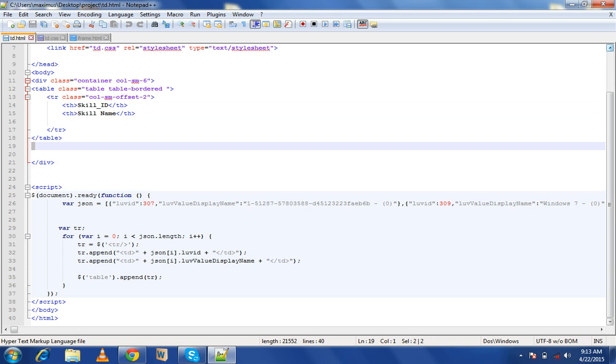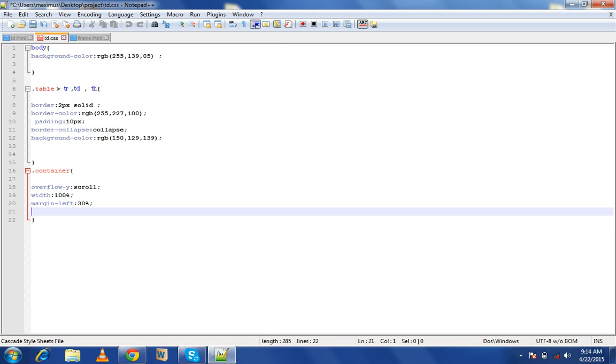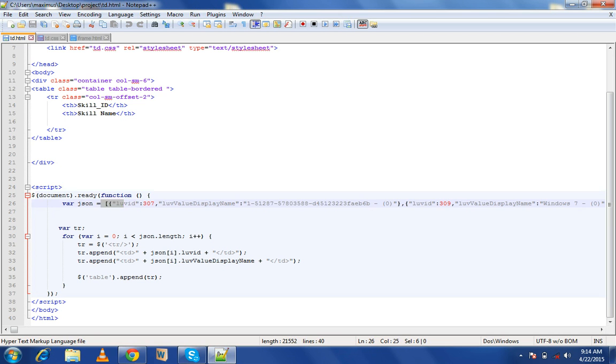So here when we run this, we will get all our data from this JSON array shown on an HTML page in the format of a table. Here we have also used CSS to style our page, and also used an iframe to show this data. We use the iframe here because we can get the scroll button, so we do not have to go to the bottom of the page to check the full table. We can scroll it down.